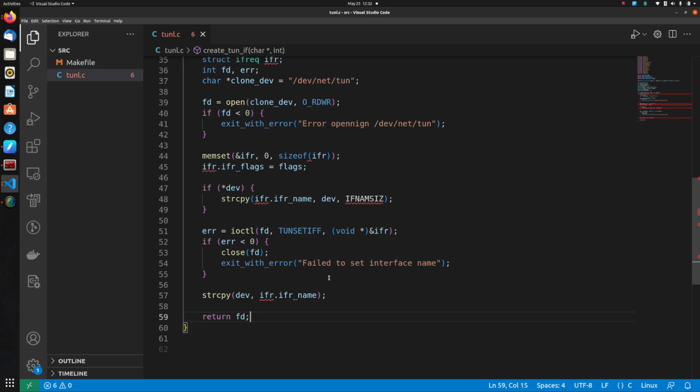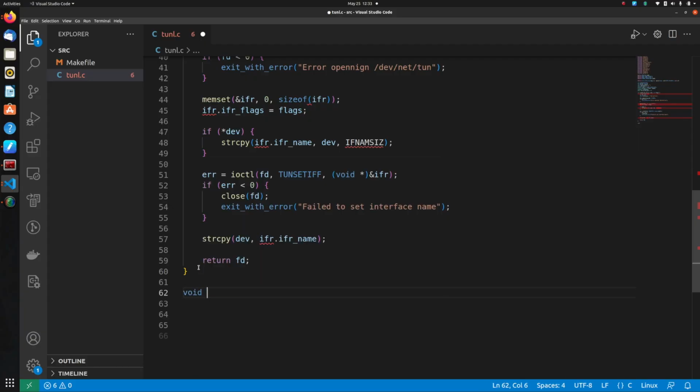Since that's not the main focus of our video, and I don't want to spend much time on that, what I'm going to do is take help of the classic or the usual ip command, right? And how I will call the ip command is I'll simply call shell commands from within this C program using the system function call, right? So in a moment I'll show you how to do that. So I'll create a function called setup_tun_device,